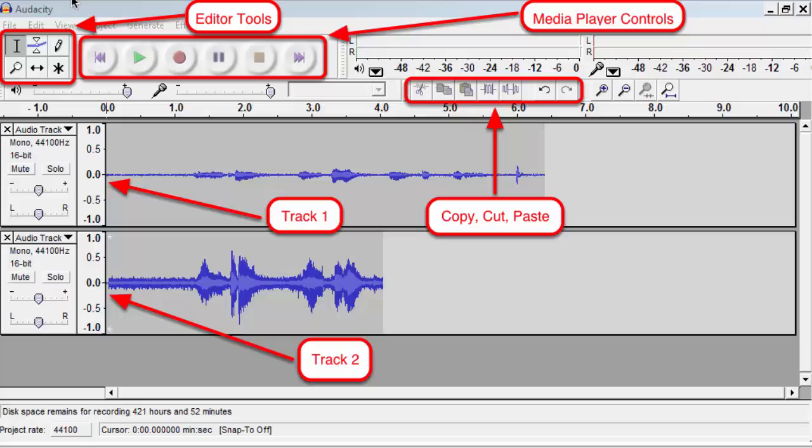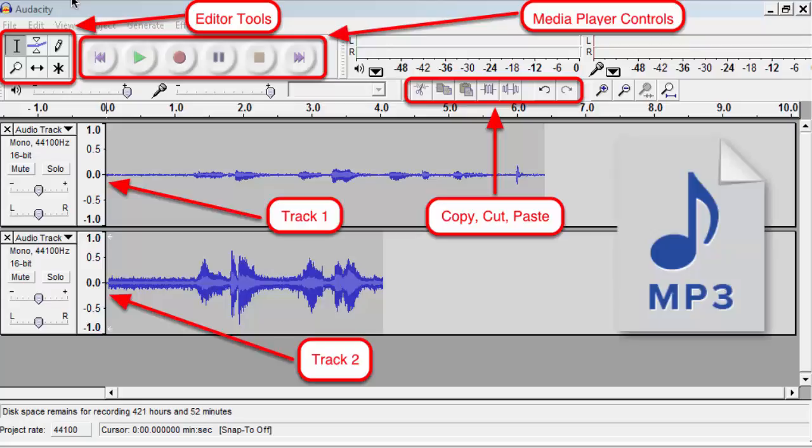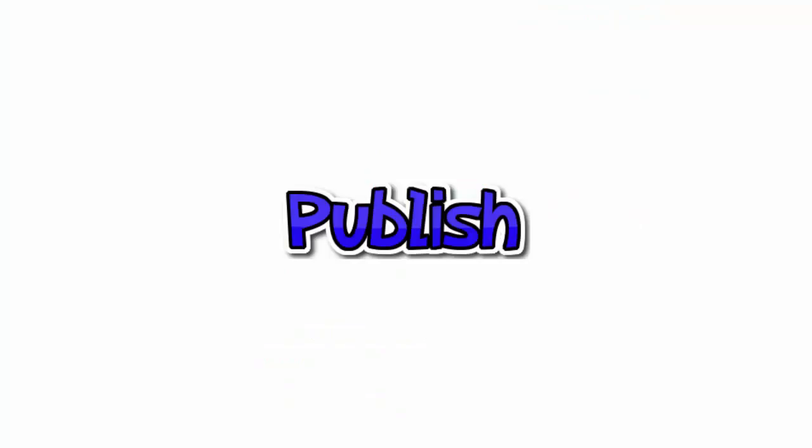You'll open a new project, use your computer's mic or a better sound quality attached mic, click the record button, and record your session. Audacity allows you to add additional tracks for background music and sound effects. When you're done, you'll mix the tracks down to one MP3 file for step 2, publishing to the internet.